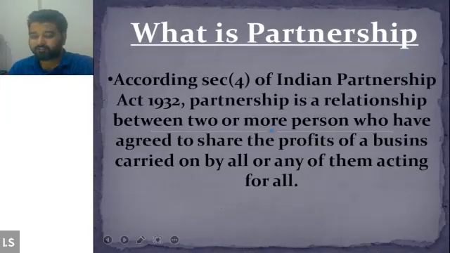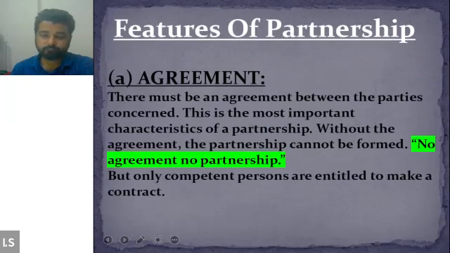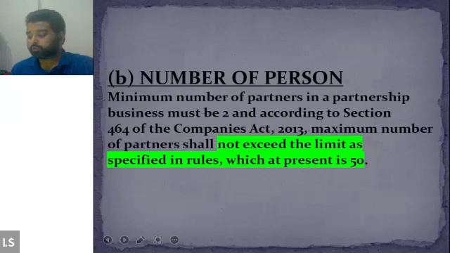The law has given complete autonomy to the partners that they can decide whether they want to make a partnership agreement in writing or oral. But law basically says that there should be an agreement. Unless and until there is an agreement among the partners, either orally or in writing, there cannot be a partnership. In order to create a partnership, there should be an agreement among the partners. Now, the next feature is that